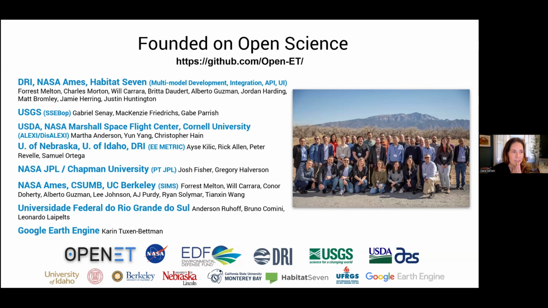And we have partners all over the country who have worked very hard to understand ET science, pulling their resources together. So instead of competing for which models are working best or better in different places, what if we all work together and decide to work on what best available science may be as a group? So we really treasure and value our open science approach, and the fact that these researchers decided to pool their